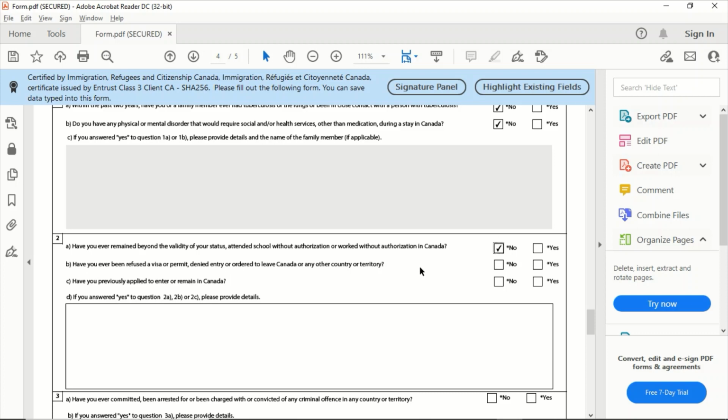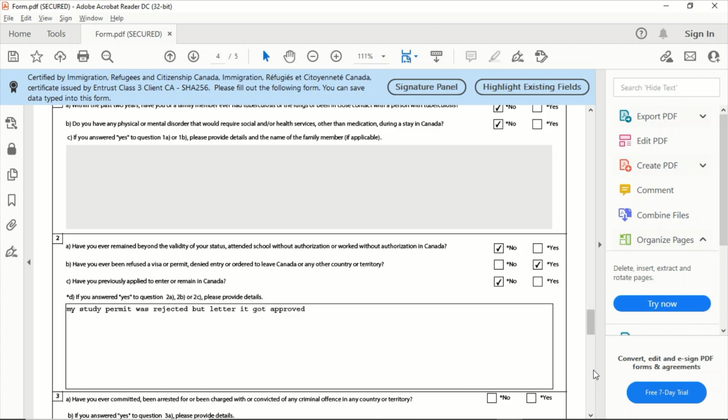If anybody has had a study permit rejection the first time they applied, then you should say yes. Have you applied to remain in Canada? I'd say no. And then you just mention that my study permit was rejected, but later it got approved.